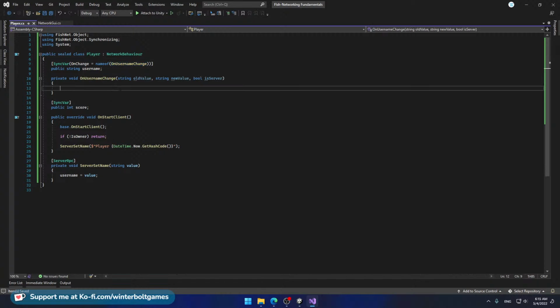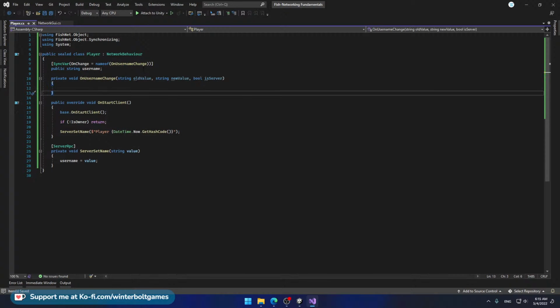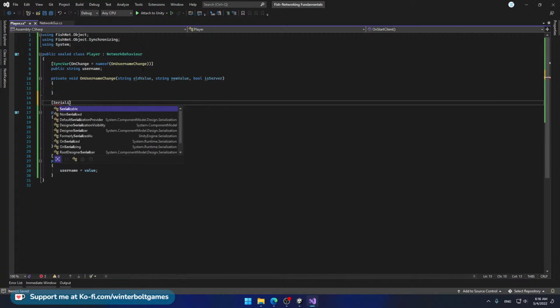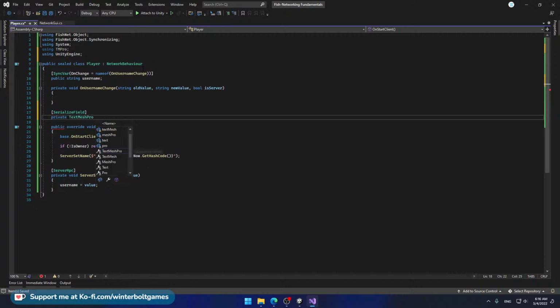Let's go ahead and add, for example, a Debug.Log, or instead let's add some labels and display our text in the game. Let's remove the score SyncVar. Let's add a reference to our text object, so SerializeField, private TextMeshPro, let's say nameTag,